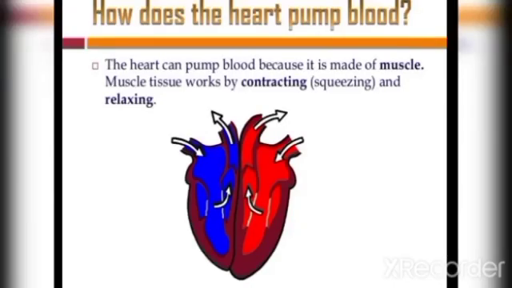Now we have to study the working of the heart and circulation of blood. So children, the right atrium receives deoxygenated blood from various parts of the body by two large veins, that is, the vena cava. And the left atrium receives oxygenated blood from the lungs by two pairs of pulmonary veins. Both the atria contract at the same time and their cuspid valves open up. The blood from the left atrium comes into the left ventricle and from the right atrium into the right ventricle.